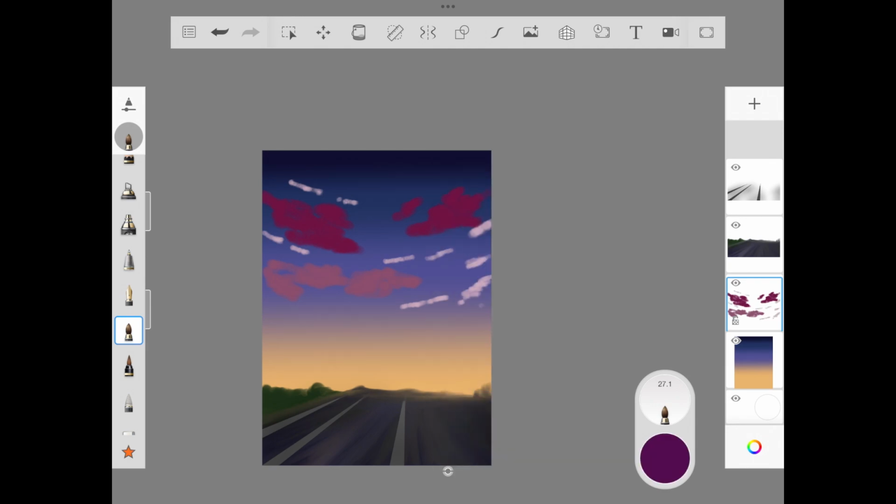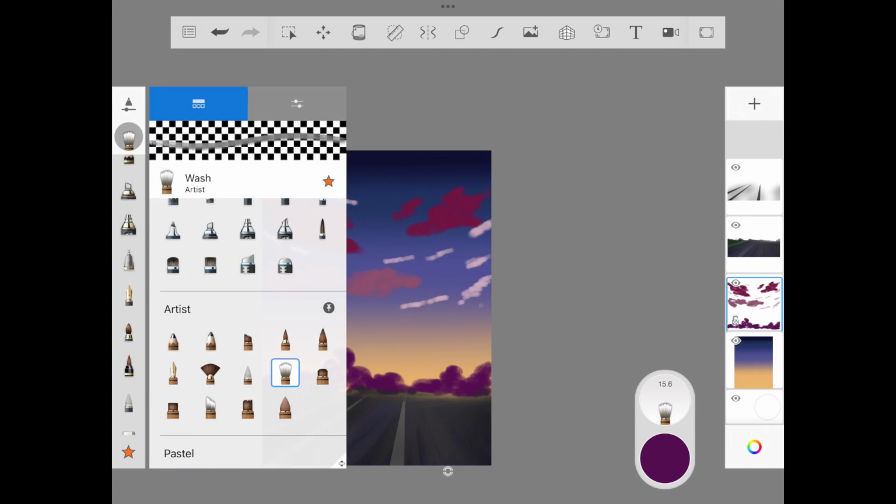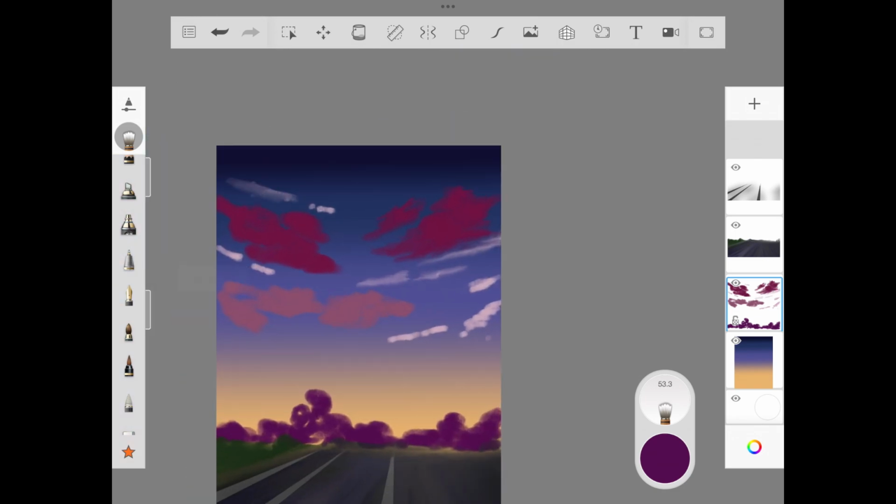Once I'm done, if you look at the lower side, that's where I'm going to add the fluffy cloud because you're watching this fluffy cloud as you are on your way towards your destination. So we have added the first layer of the cloud and we are using the wash brush to blend this across. This is the easiest step for me. I usually start blending the edge of the cloud, then the inside of the cloud,